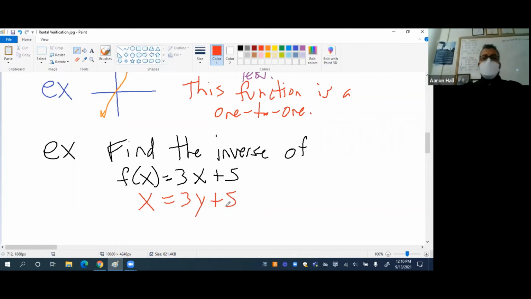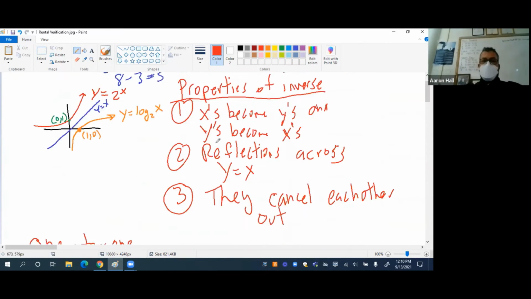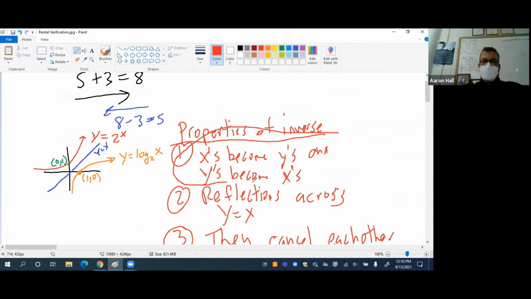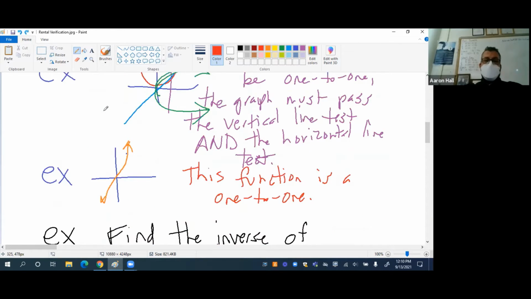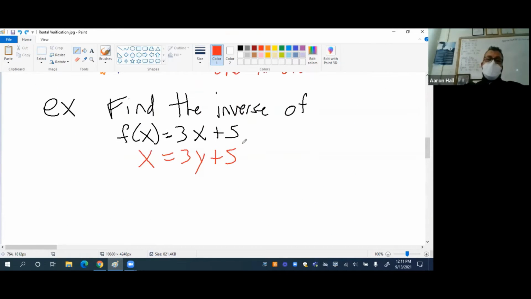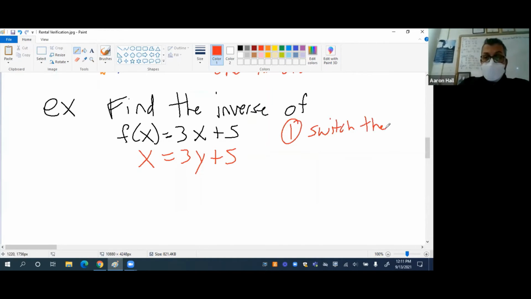Isn't that one of the characters of an inverse? The x's become the y's and the y's become the x's. So we just reverse the variables and then solve for y. So the steps to find an inverse are: switch the variables,